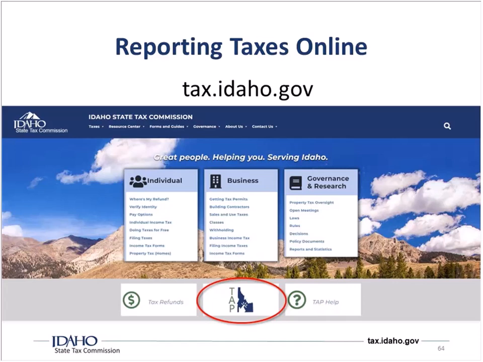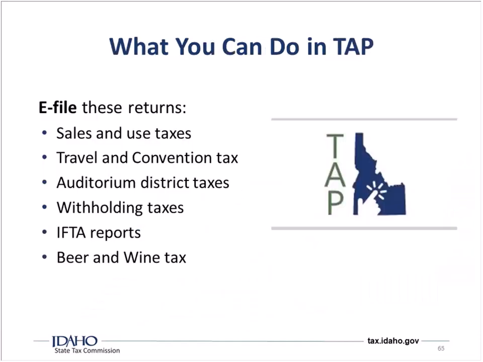So once you have that, when you're ready to do your reporting or your filing, come to tax.idaho.gov, click on TAP, and then here's what you can do in there. You can file your sales and use taxes that we just talked about. If you have travel and convention taxes you need to file, or auditorium district taxes, you can file those there.